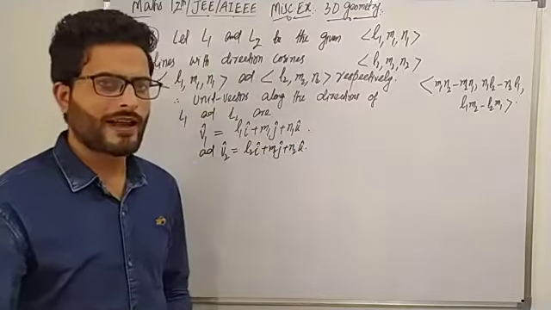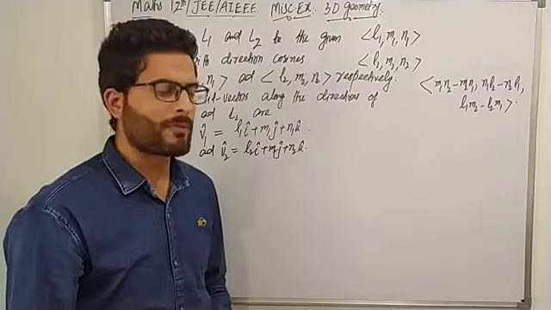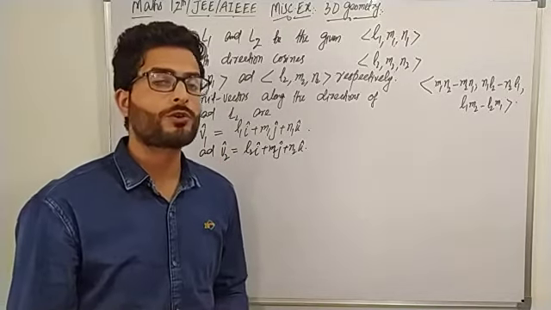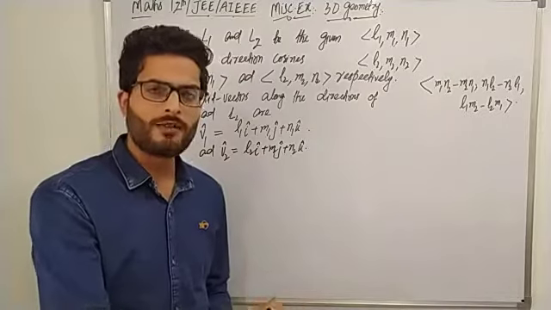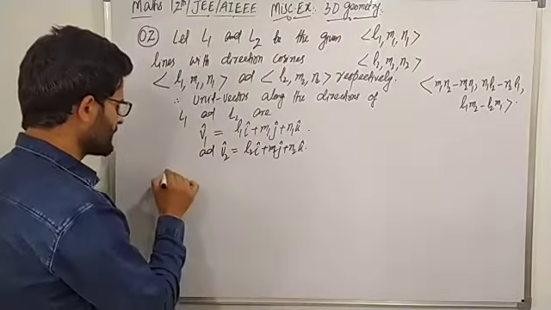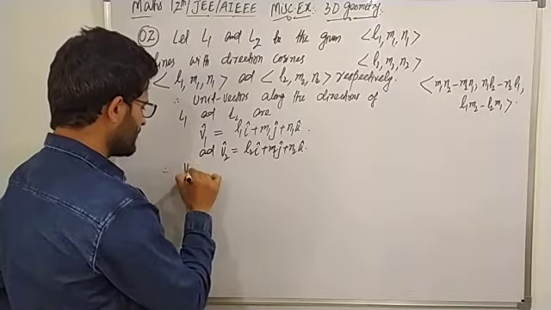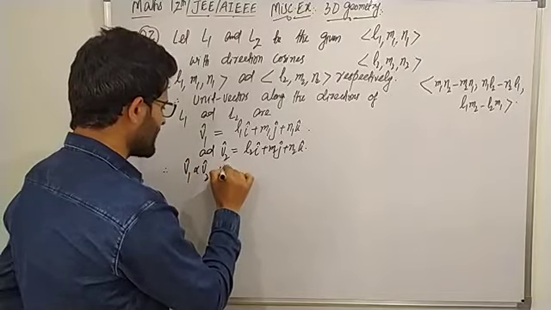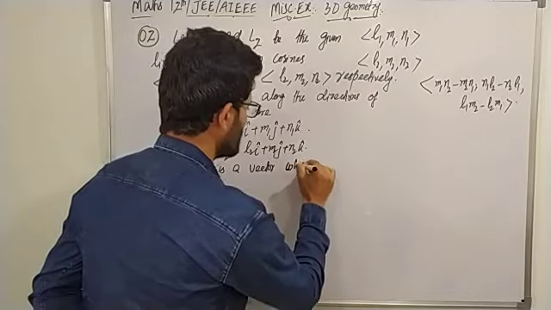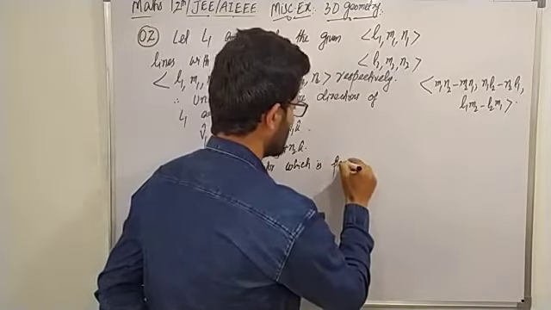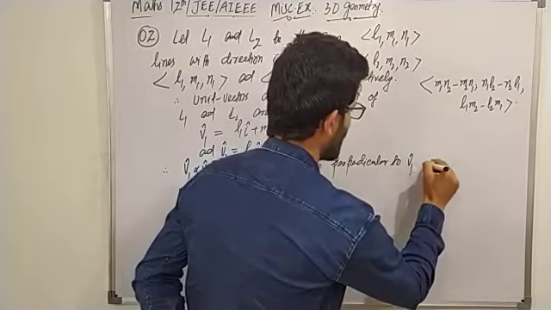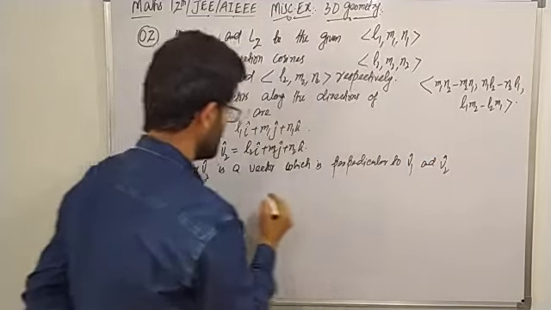Now we have to prove that the direction cosines of that vector which is perpendicular to these vectors V1 and V2. What would be the vector which is perpendicular to V1 and V2? Must be V1 cross V2, because cross product of vectors is a vector which is perpendicular to both of them. So therefore V1 cap cross V2 cap is a vector which is perpendicular to V1 cap and V2 cap, and also